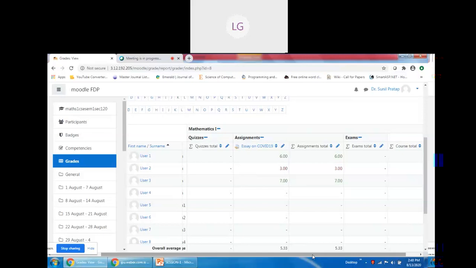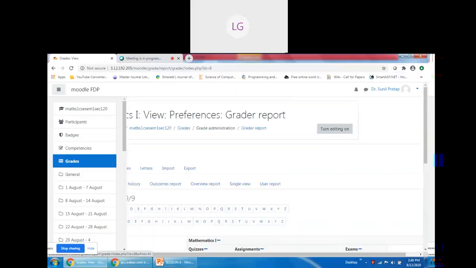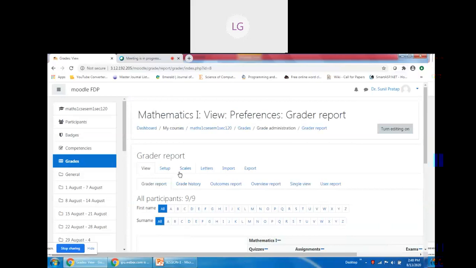I got your point. Actually, I can't see your window right now. So, what solution I can propose is, please wait for a few minutes. Let me complete some other activities. I think it might be possible that when we complete more activities, the problem will be solved automatically. If not solved, then I will try to share your screen and resolve your problem. Sir, by clicking the edit option, you can see the setup window, but I will see.